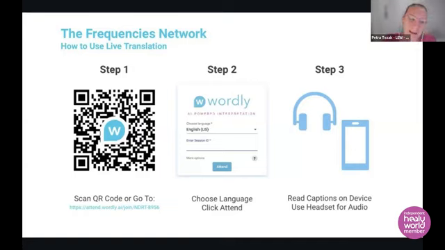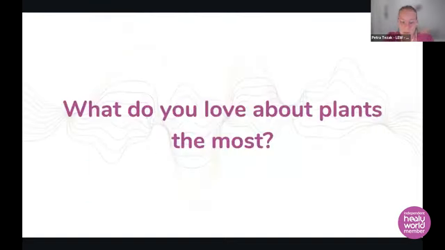So the plant power database is a new database. It was released in January. Some of you have been testing it last year, but it's actually a really powerful database. I know I've got some messages and some questions about what to do with all these databases and how to approach it.